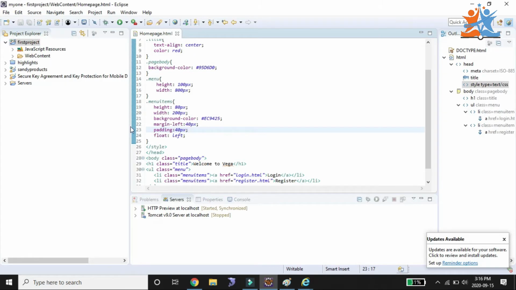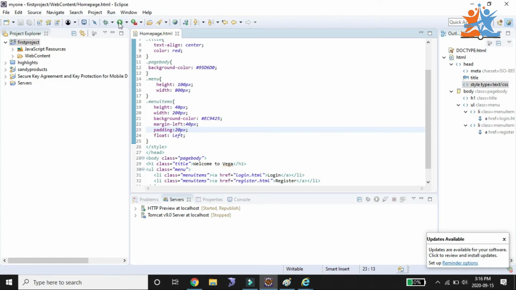So we need to change the height from 80 to 40 pixels, and save it. And the padding also we need to reduce to 30 or 20 pixels.